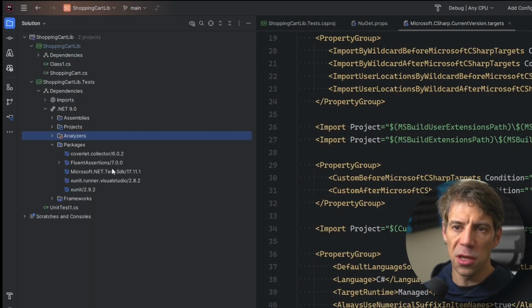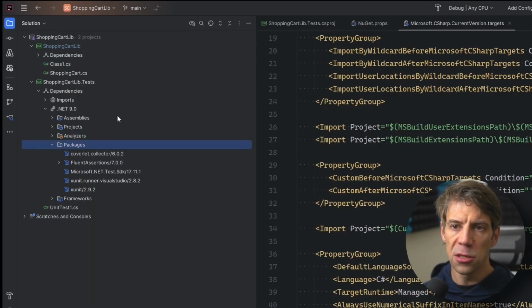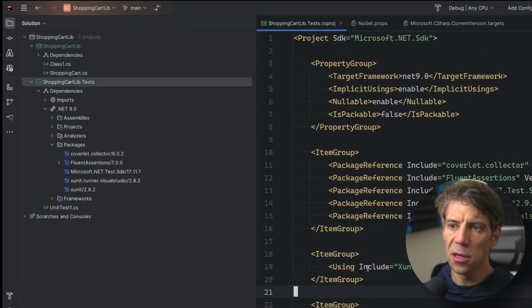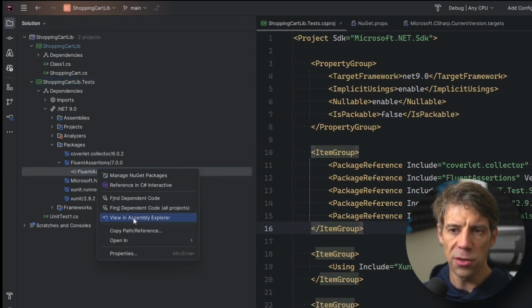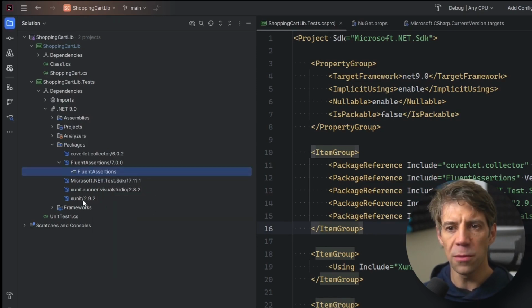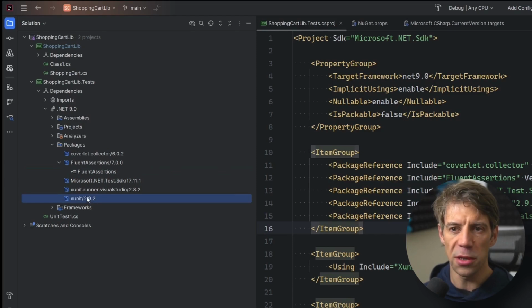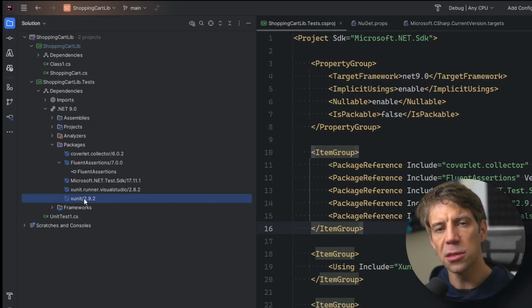And then we have packages, which are our NuGet packages. Going back to F4 here, we can see those are listed here. You'll see that Fluent Assertions has a chevron, so we can expand it. That's when the NuGet package has a DLL in there. You can right click and view it in the Assembly Explorer if you want to disassemble it or view its symbols. You may be thinking, how come xUnit doesn't have DLLs in? Surely that's got DLLs in. The reason is that this NuGet package actually doesn't have DLLs in, but it has transitive dependencies to other DLLs